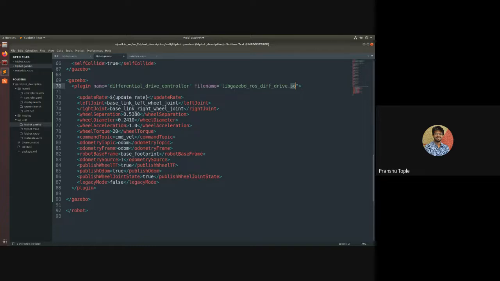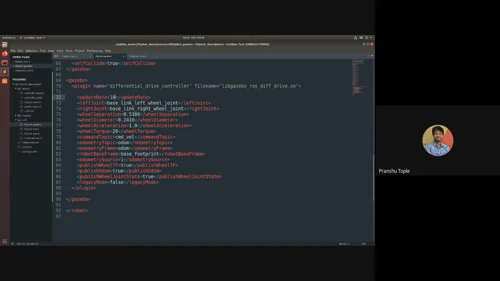Now, first we need to provide an update rate. So just remove all these things, and here give an update rate. I want it to update 50 times every second. So here it is 50 Hertz. If you want, you can keep it at 10 Hertz, even that is okay. Ten times every second it will update. The more you keep it, the more processing power it will take.